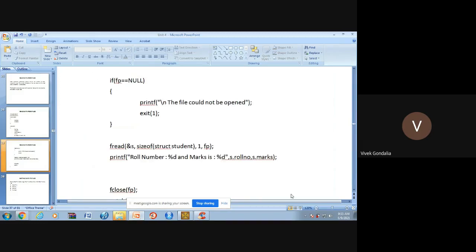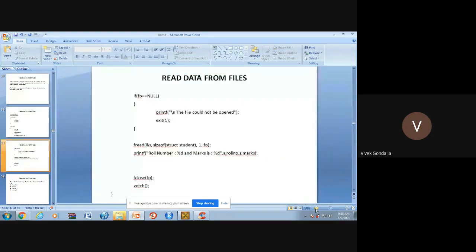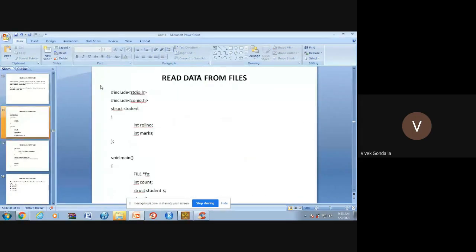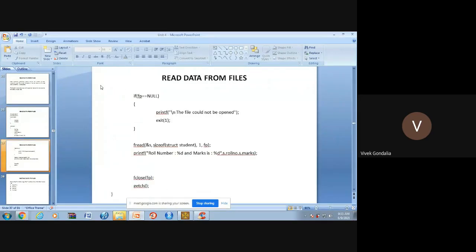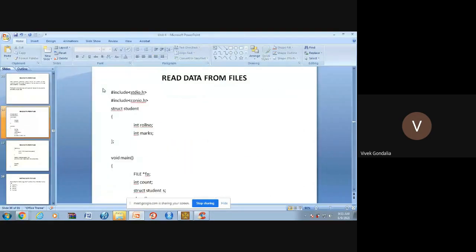So I have done the same program at the last. I have kept the same program for reading and writing, so whenever you try this, please refer to that also. So I want to read roll number and marks from the file. Clear? So this fread function will work. Remaining parts will be the same in every program. See this thing. Let me explain it also.